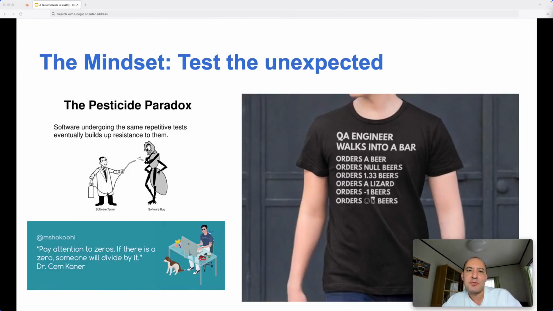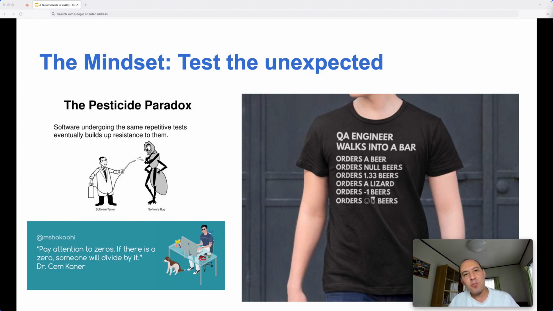The very first thing that we should keep in mind is customers will always try the unexpected flows. For example, if there is any negative scenario, they will try it. There's a famous quote, very well known in the testing industry: if there's a zero in the system, then someone will try to divide some number by zero. So it is not a positive scenario. Of course, it's a negative scenario, but we should try to cover this with our negative test cases, because otherwise maybe it will be a fatal error. So it will be a critical impact if this case is performed by the users.